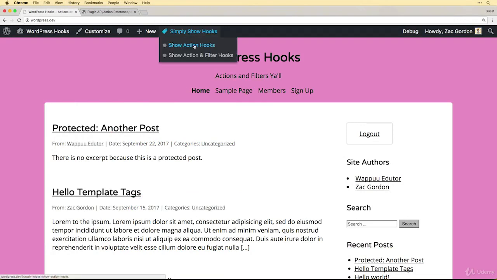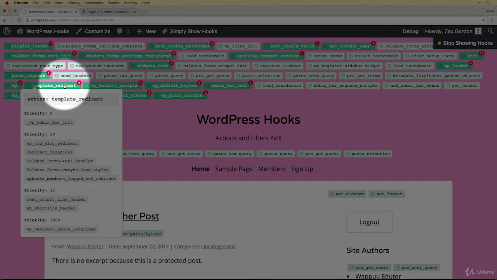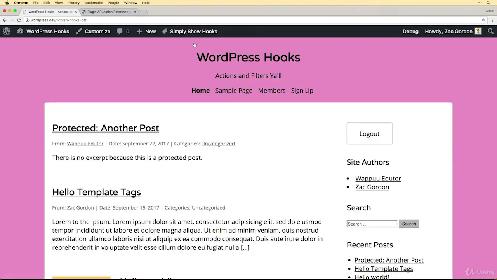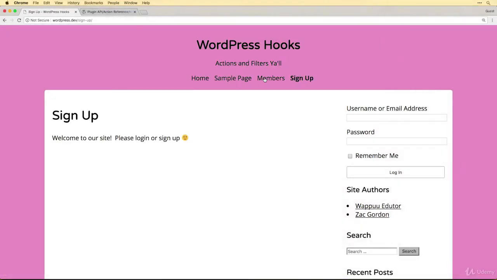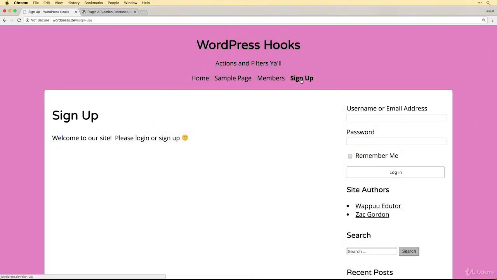Now, if we come back over to our site and turn on action hooks, we should see in template_redirect, under priority 10, our wp_hooks_member_logged_out_redirect. Let's go ahead, turn this off, and then test it out. I'm going to start logged out of the site and go to the members page. You'll see that as soon as I click on it, before the page even loads, we're taken to the sign up page. Now, if I log in here,